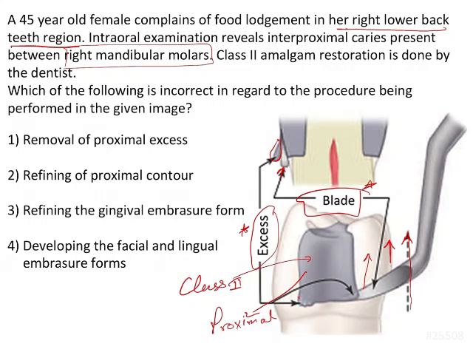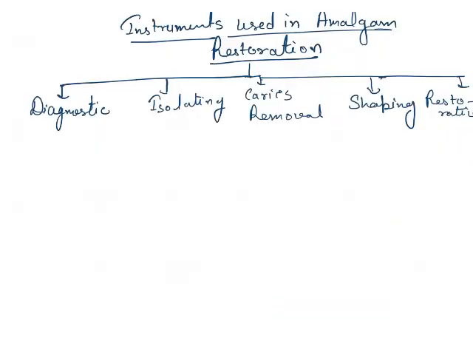You can see the proximal overhanging extra material or the excess material is being removed by using this particular instrument, and this is none other than the amalgam knife. So that is going to be the amalgam knife. Basically we are using the amalgam knife here, and we'll be coming to the uses of the amalgam knife as well. Before that, I should tell you the various instruments which are used in amalgam